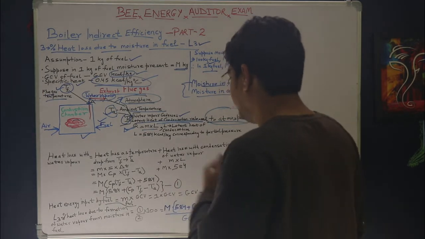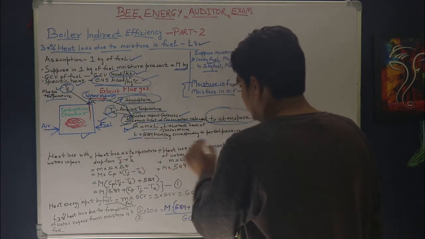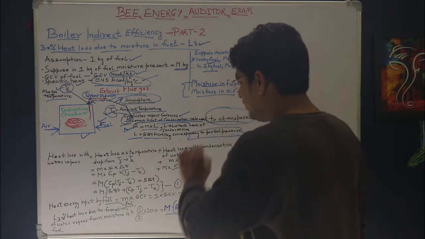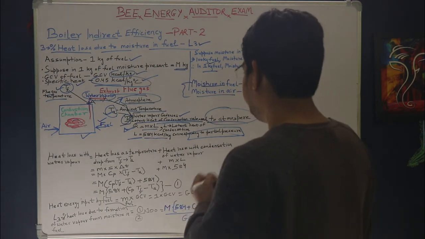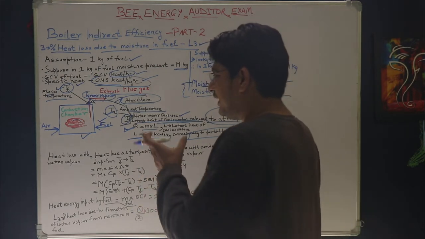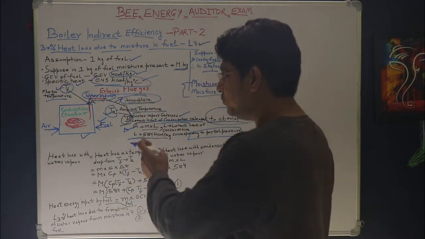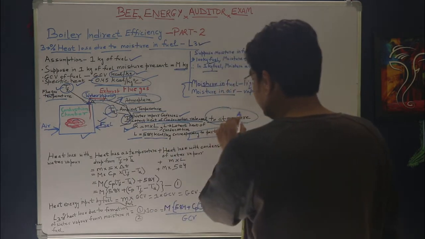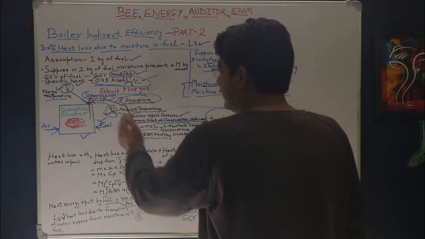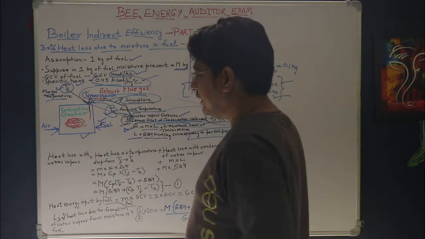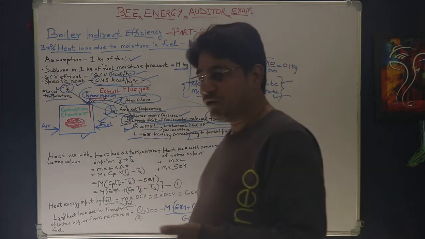Accordingly, you can say here the value of L is 584 kilocalorie per kg, corresponding to this partial pressure. You have to memorize this value, 584 kilocalorie per kg. Now, while I am considering the heat that is being rejected in two parts, that is from here to here, and latent heat of condensation as a loss, because you can easily see that the amount of heat rejected in the atmosphere, or you can say the ambient space, has come from where.